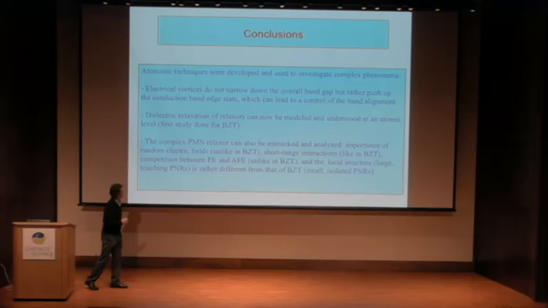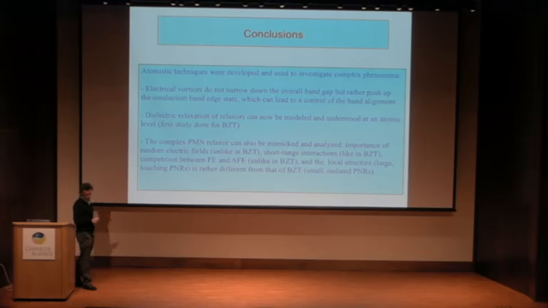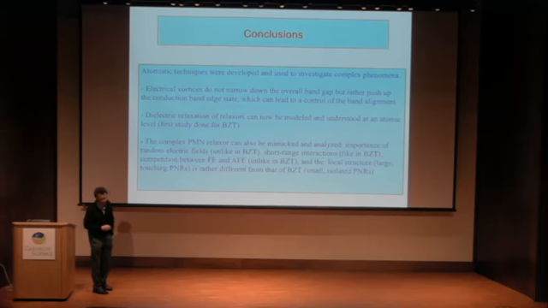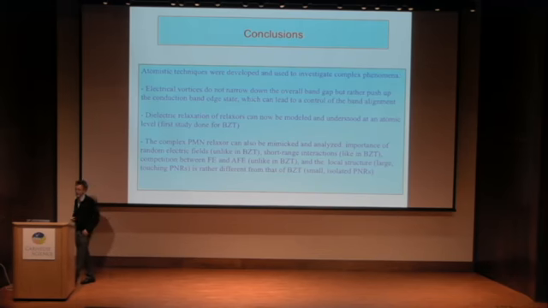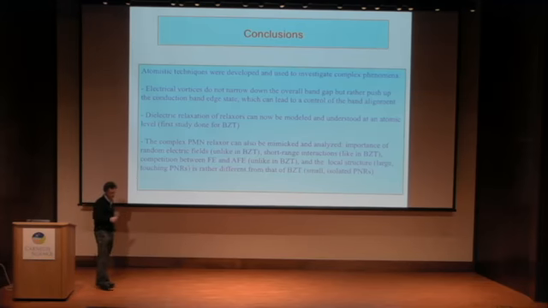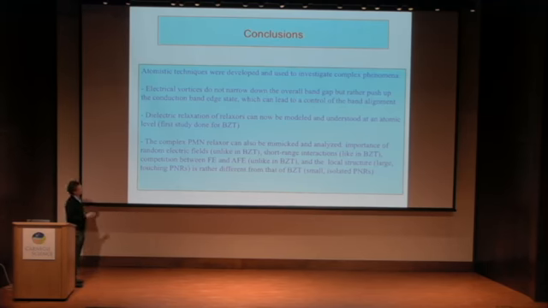Now, with atomistic techniques, I hope I convinced you that you can treat quite complex phenomena, things that we could only dream of accomplishing years ago. For instance, now we can mimic electronic properties of electrical vortices, combining effective Hamiltonian with order-N methods. And what we found, for instance, is that when you have electrical vortices, you do not decrease your band gap, it increases a little bit. But what is very interesting is that you have control of band alignment via a topological defect. For the first time, I think, dielectric relaxation can now be modeled in relaxors at an atomistic level, and we can understand what's going on inside the system by decomposing.